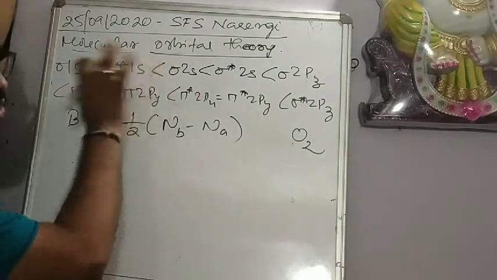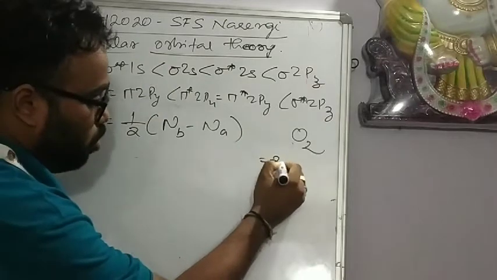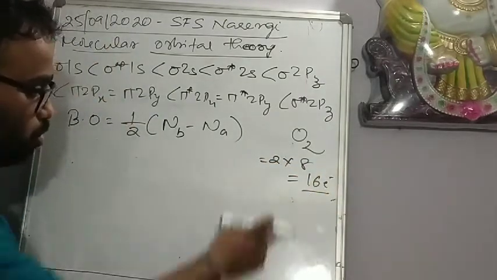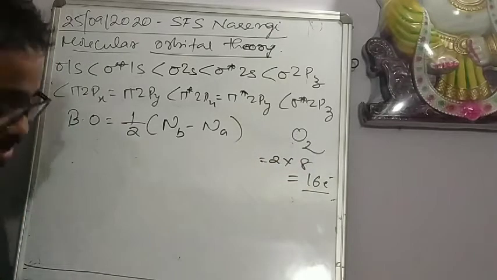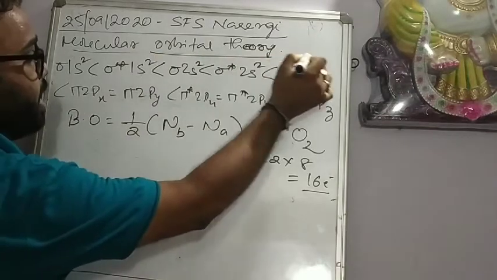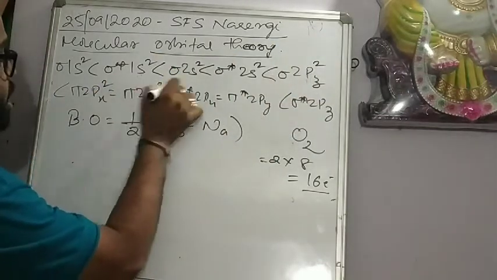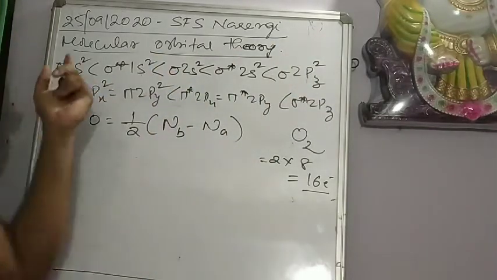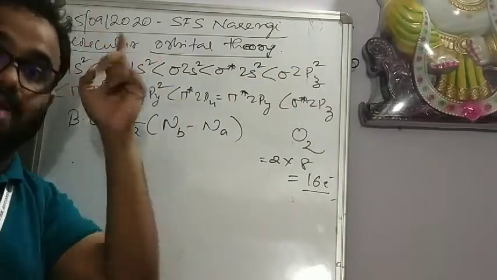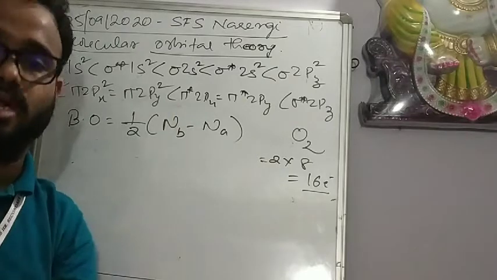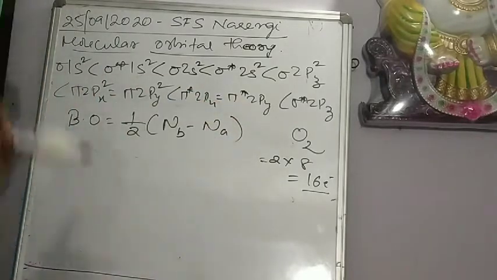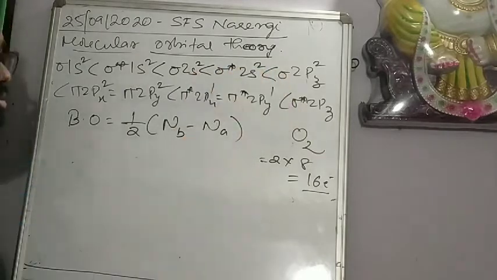So we know that for O2 it is this. O2 means 2 into 8, that is 16 electrons. So I fill it up: 2, 3, 4, 5, 6, 7, 8, 9, 10, 11, 12, 13, 14. But I have 16. I have filled 14. 2 left. Now I have equal energy orbitals, na? Same energy, na? So I will give 1, 1. 15, 16.